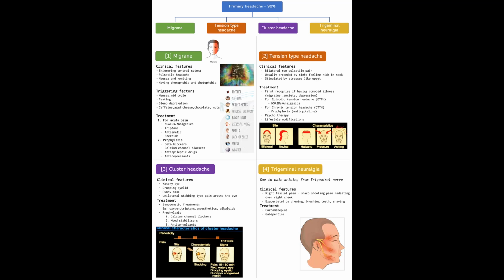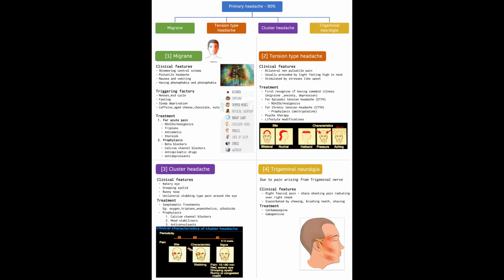We should ask the patient about the onset of the headache, whether it is a new onset or a chronic headache, and also we should know how old the patient is, because patients above 50 years can get new headaches. And also we should ask the patient whether the headache increases when he is in an upright position, that is the positional component. And also we should know about the provocative factors, which are whether the headache is precipitated by coughing, exercise, and also when he is involved in sexual activity.